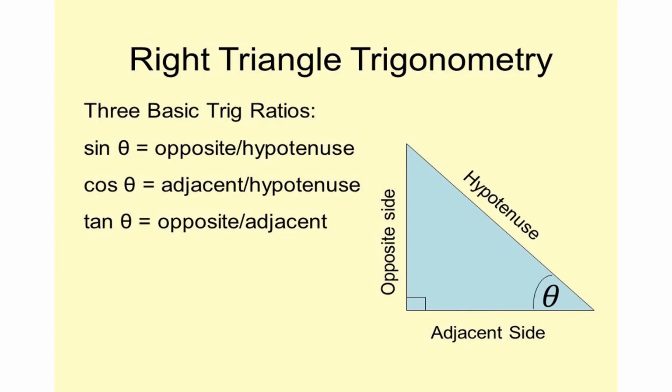Three basic trigonometric ratios are sin theta, cos theta and tan theta. Sin theta is equal to opposite side upon hypotenuse, cos theta is equal to adjacent side upon hypotenuse, tan theta is equal to opposite side upon adjacent side. I already told you to first fix the hypotenuse. Hypotenuse is the side opposite to the right angle. Then see the given angle. Opposite to the given angle you have the opposite side. Then the remaining side will be called the adjacent side.